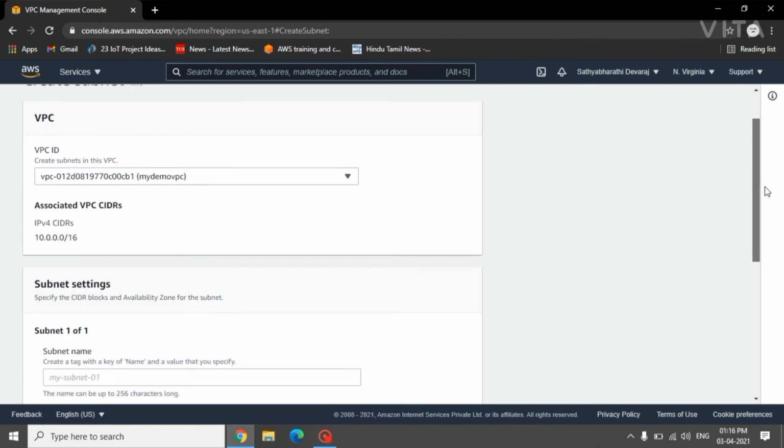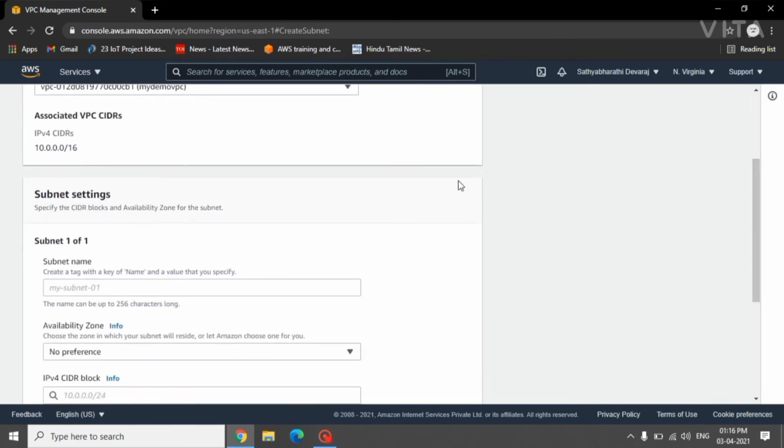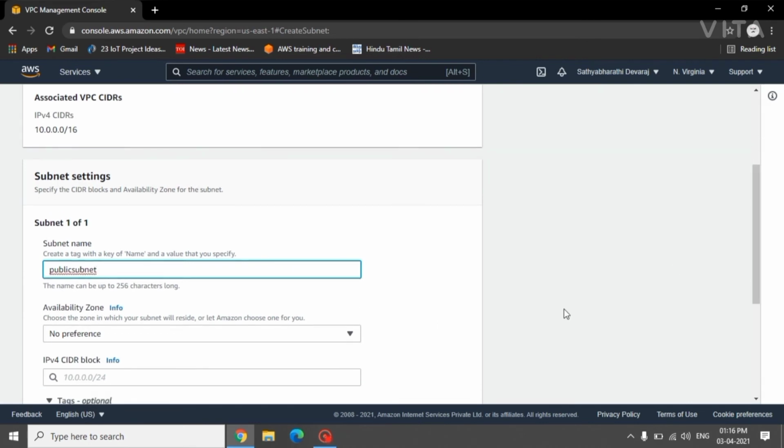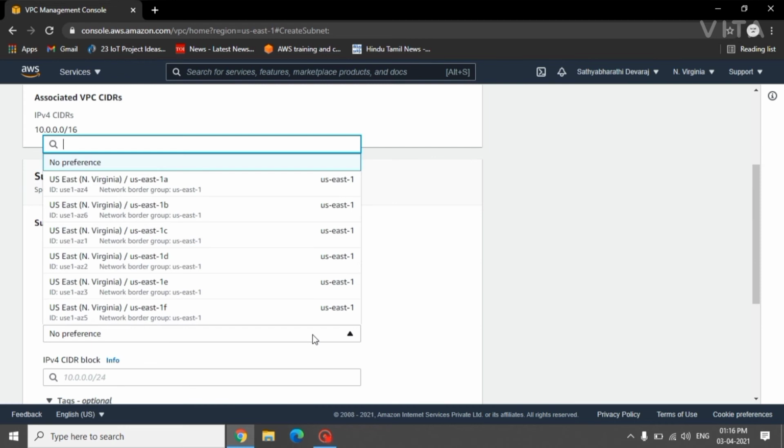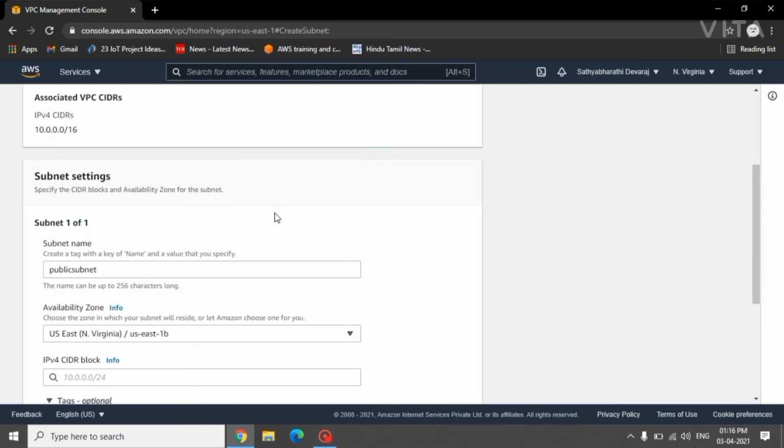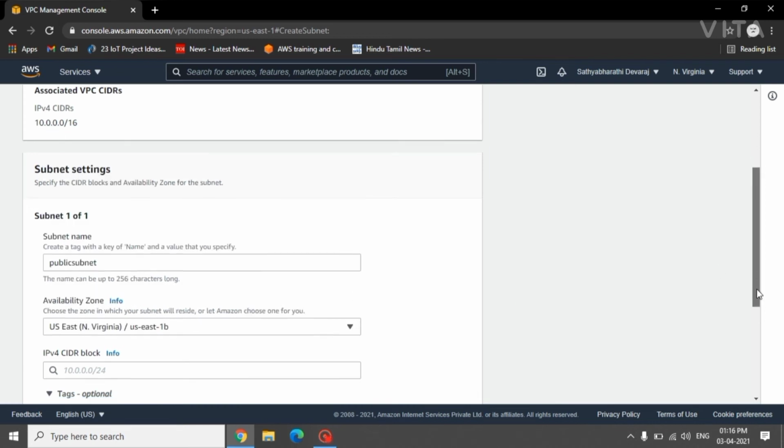Give the VPC we have created and the subnet name. In the availability zone, we can assign the same one we have assigned before, or we can choose a different availability zone.